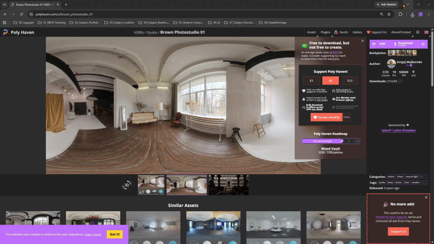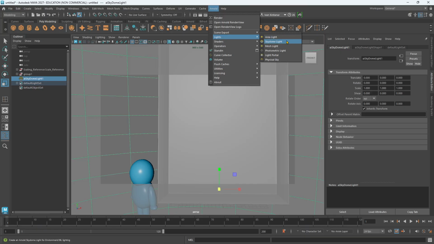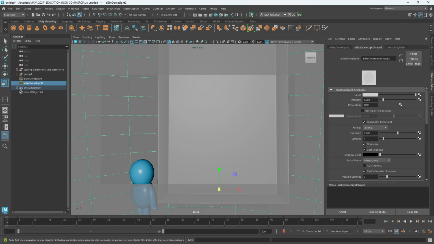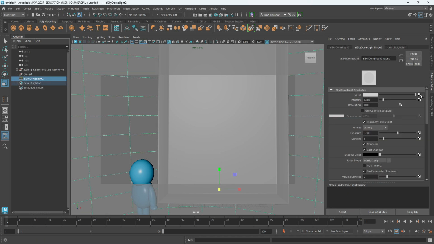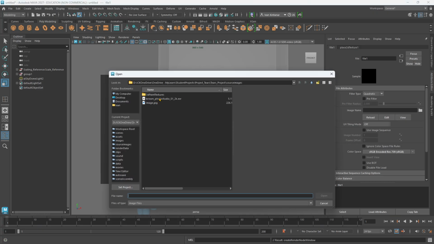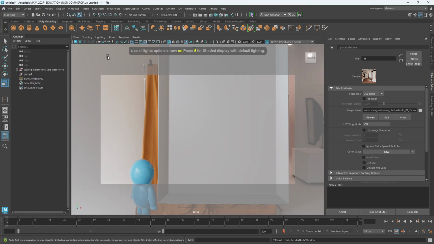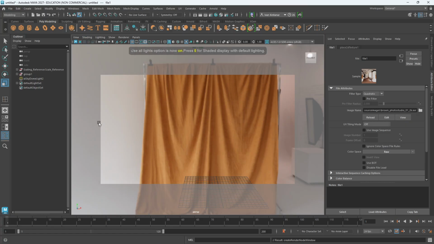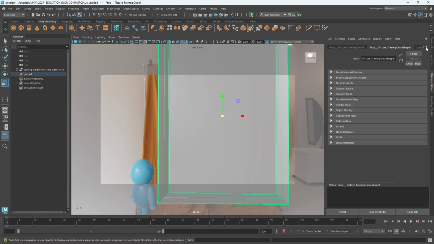So I just copy that HDR. So let me just show you, right? I add a light and a sky dome light. And then what I'll do next is just add the texture. So this is basic HDR stuff, so you guys probably know how to do this. So I'll just specify that Brown Photo Studio and I'll just turn on use all lighting. Okay. And then hardware texturing. Okay. So the reason why this is important, and maybe this one, I'll just assign